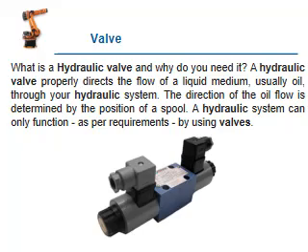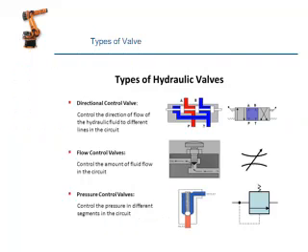Next is the valve. See what is meant by valve. This is the original valve figure. Now the function of the valve. There are three types of valve available: pressure control valve, flow control valve, and direction control valve. A valve has some ports inside it. The valve controls the oil direction, flow and pressure. This is the valve definition.